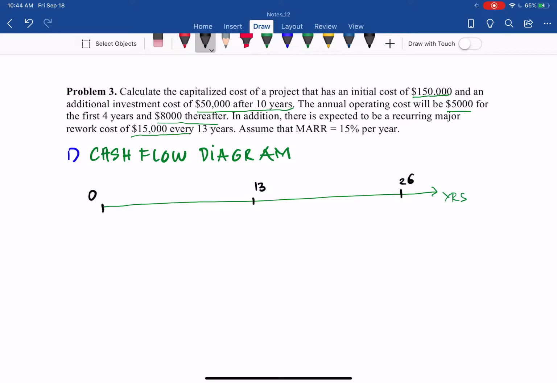So let's calculate. Initial cost 150,000. So you have that one at time 0, 150,000. And then you have 50,000 additional investment, 50,000 after 10 years. So it is 10 years, additional investment,